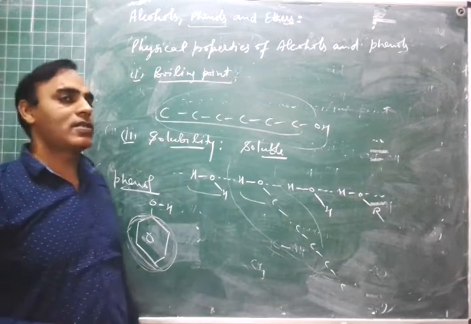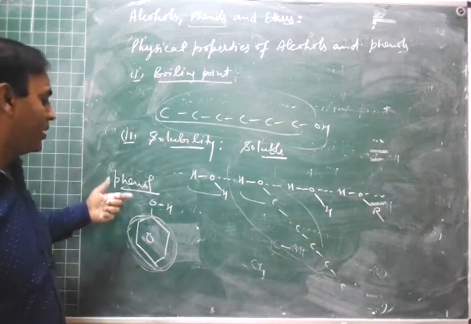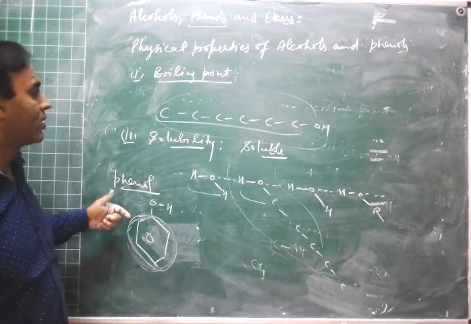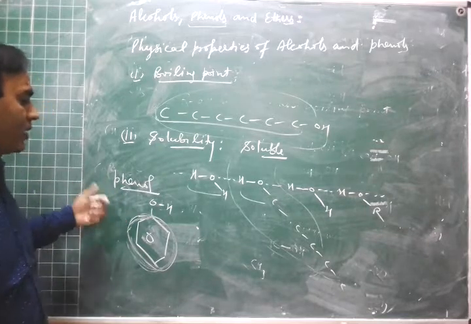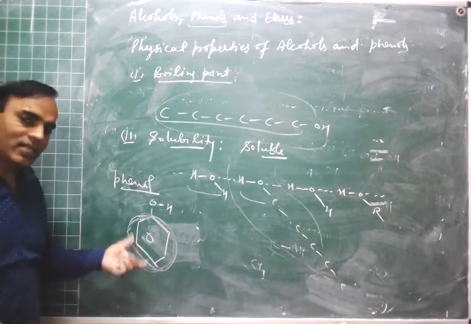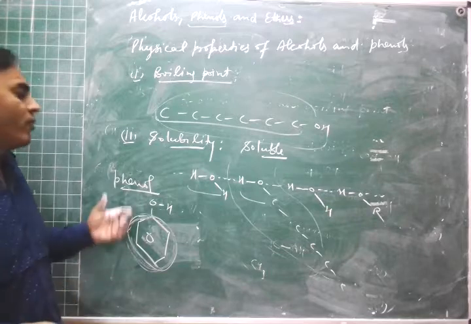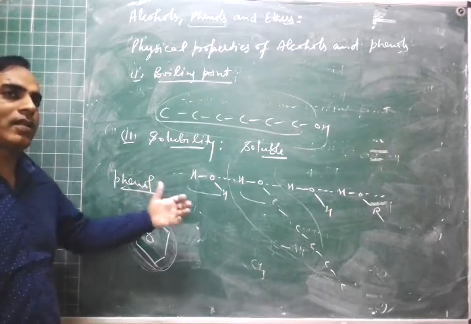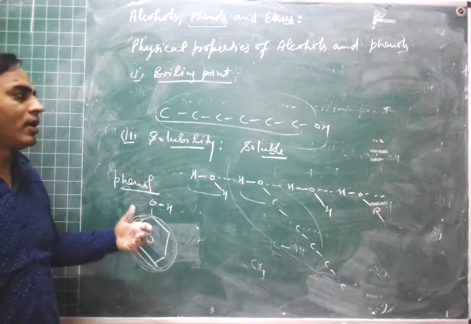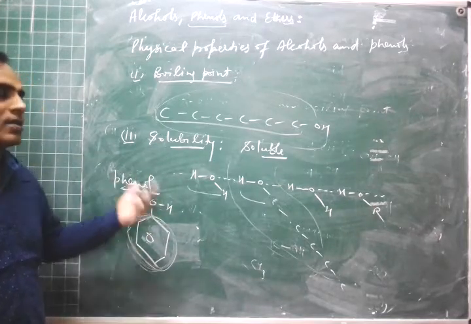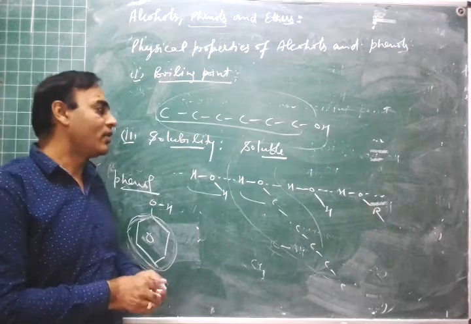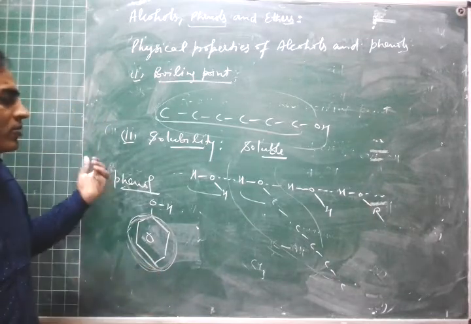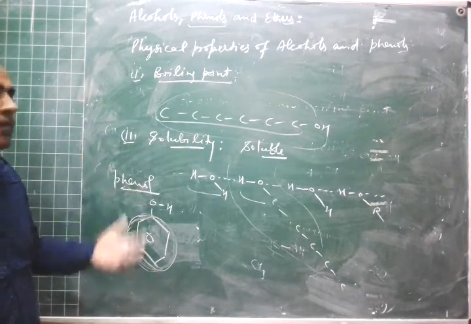Now next we will discuss its solubility. We have done that, and the boiling point was left, that it has 6 carbon atoms, and if we compare the boiling point of phenol with the alcohol that has 6 carbon atoms, then they have similar boiling points, right? Because the number of carbon atoms is the same. Right, we will now talk about the solubility in organic compounds.